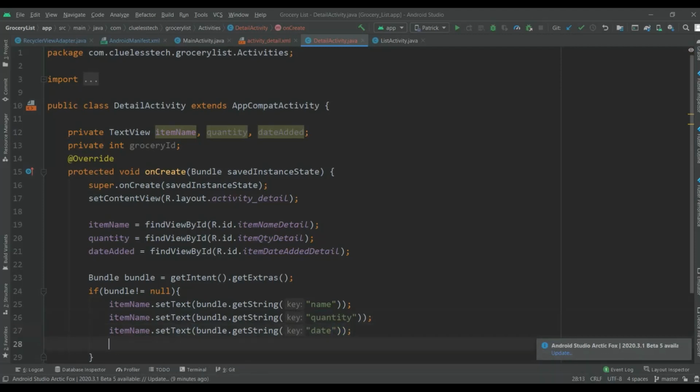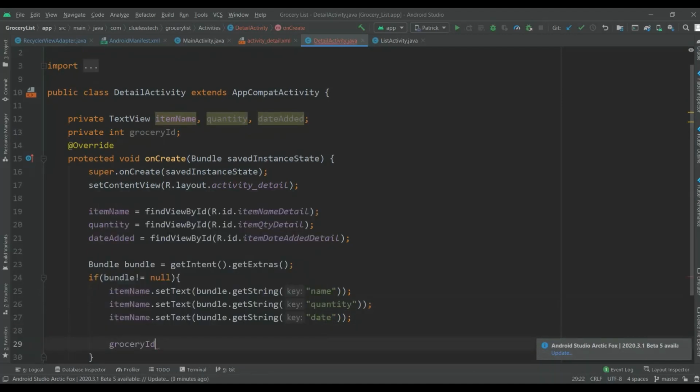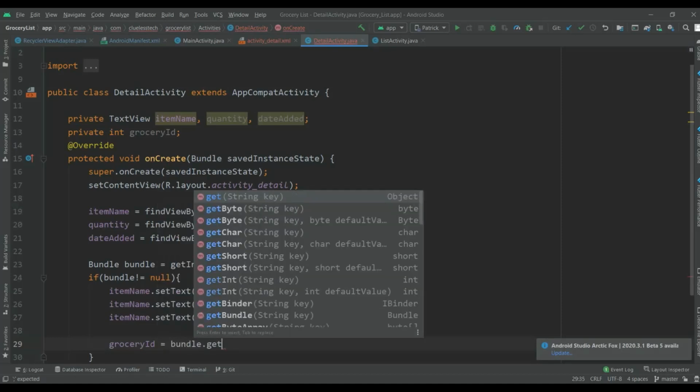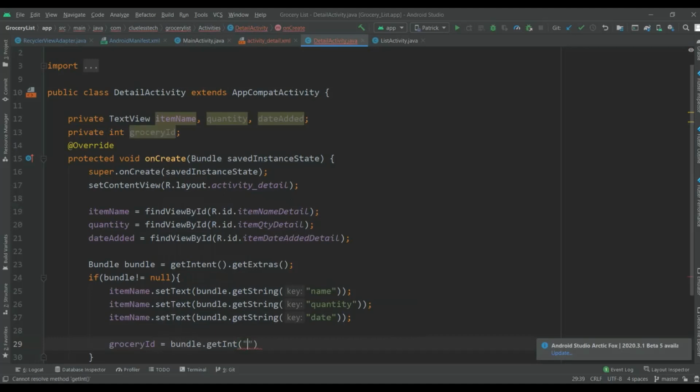And here now groceryId is equal to bundle.getInt, and it will be id.